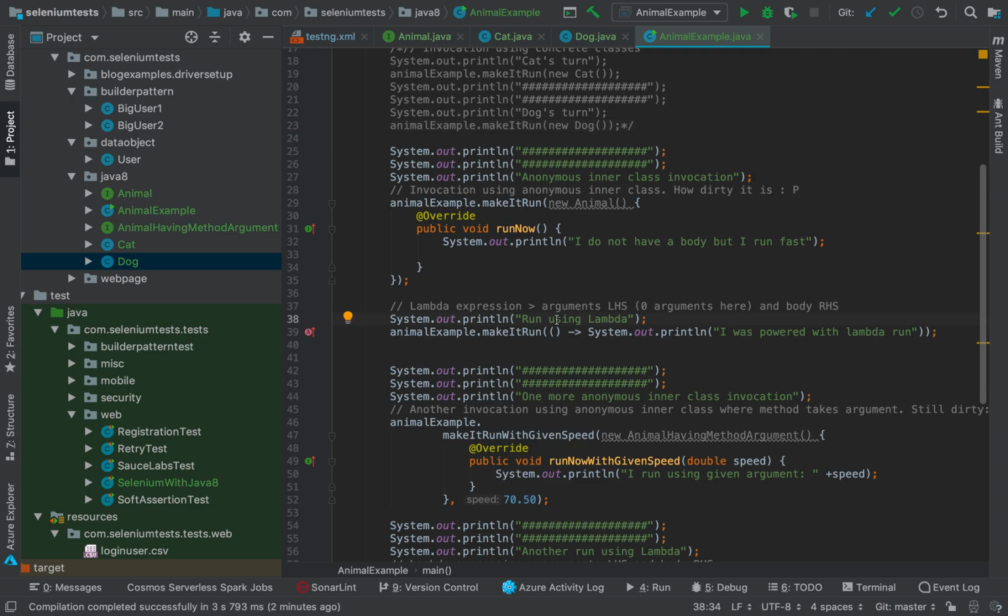So I'm printing "run using Lambda", and I'm again calling makeItRun here. makeItRun is the same method. It takes an object of type Animal, but this time I'm not using a concrete class. I'm not using an anonymous inner class. I'm using something called a Lambda expression. So whatever you see within the makeItRun argument is the Lambda expression, and this expression is nothing but the